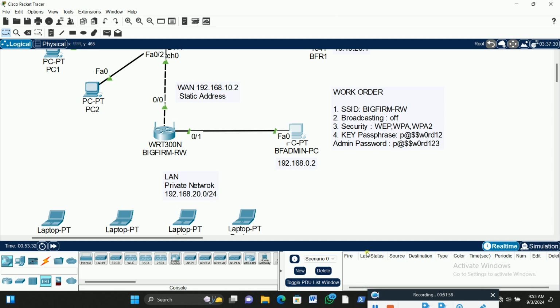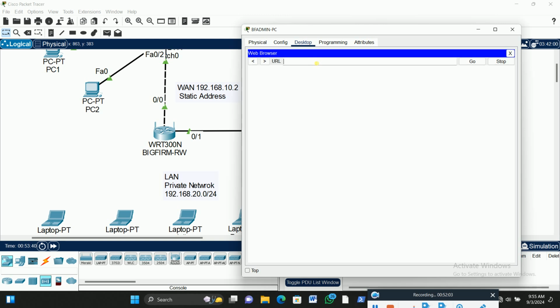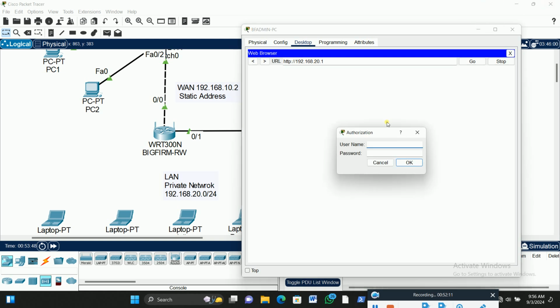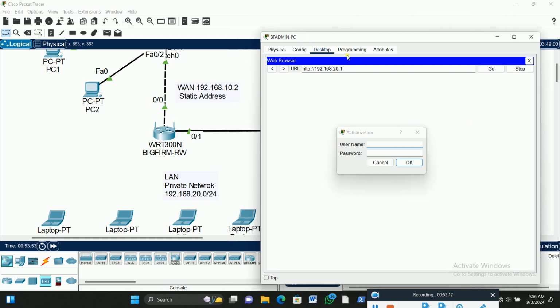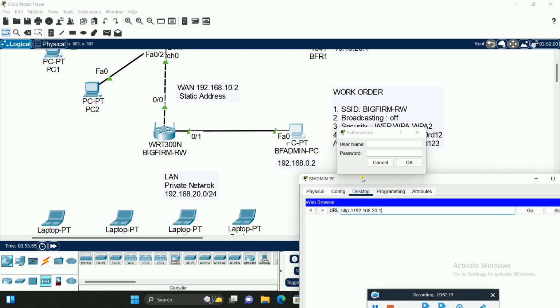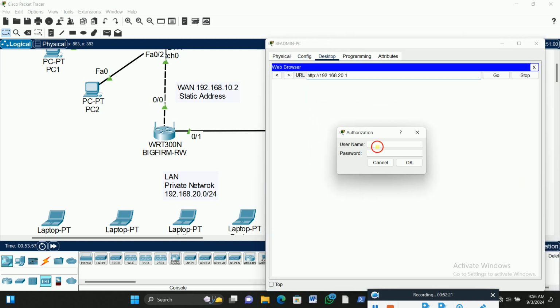Sir, you changed it, they said the server reset connection. Let me see. Okay, let me go to the PC. Then let me type 192.168.20.1. It has come. .20.2 or .20.1? Dot 20 dot what? You are giving the PC, so it's supposed to be 20.2. No, this one, we went to this PC and changed the IP address to